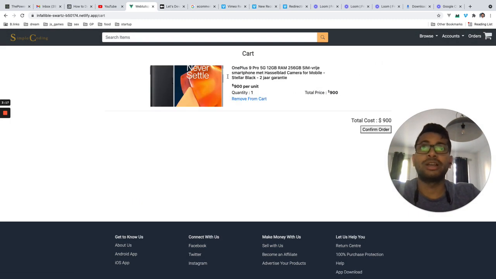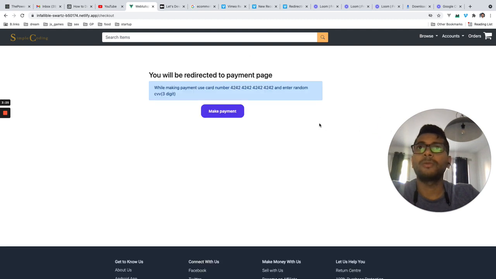Now we have this item in the cart, and let's see if we can order the item or not. We have to use this number, which is a test card number, to place an order. We have a Stripe integration, and we can place an order just by typing this fake ID. So you don't charge your card. It is just for test payment.